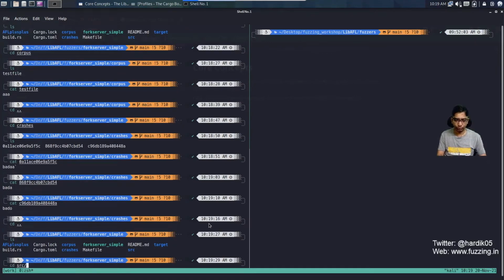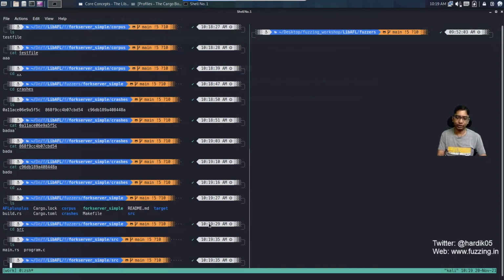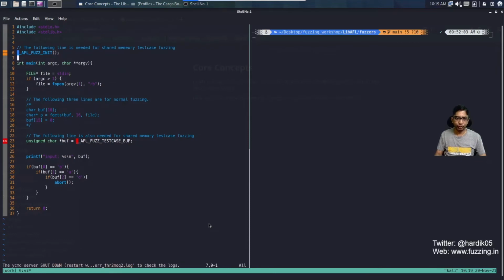When we go to the source, you can see that there are 2 files over here. One is main.rs and the second one is program.c. I will come to main.rs in a while, but let us see the program.c file, because this is the program which we are fuzzing. You will notice that it is a very simple, very small C program, and it contains a main function which expects two parameters.